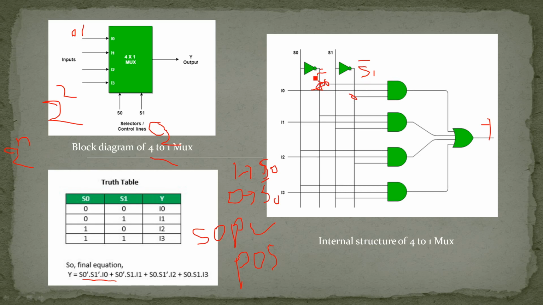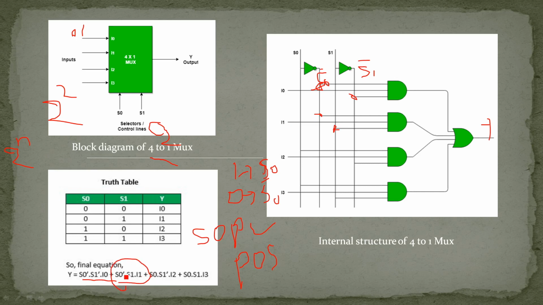One of the input is connected to the S0 bar, and the I0 is connected to the input, and the S1 bar is connected to the input. So the output equation is S1 bar into S0 bar into I0. Okay, and now let's see the second gate. The second gate is also having 3 inputs which are connected in different locations. This location is S0 bar, and the second input is I1, the third input is S1